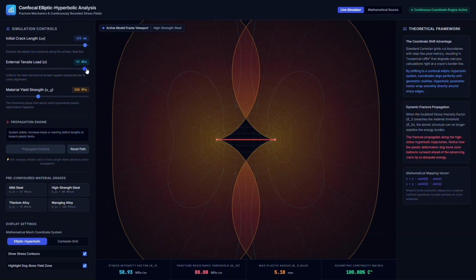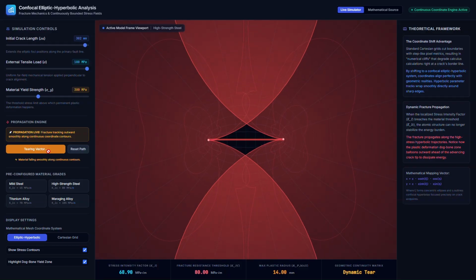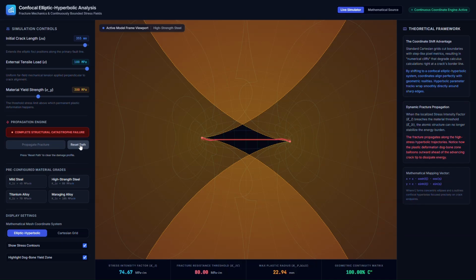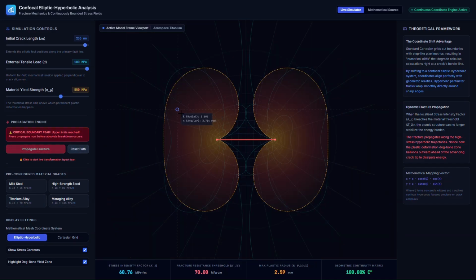In real-world engineering materials, these mathematical infinity spikes are naturally diffused by localized plastic deformation zones, modeled via Irwin's yield criterion, which create a distinct multi-lobed dog bone or butterfly envelope where the metal permanently yields and stretches to absorb